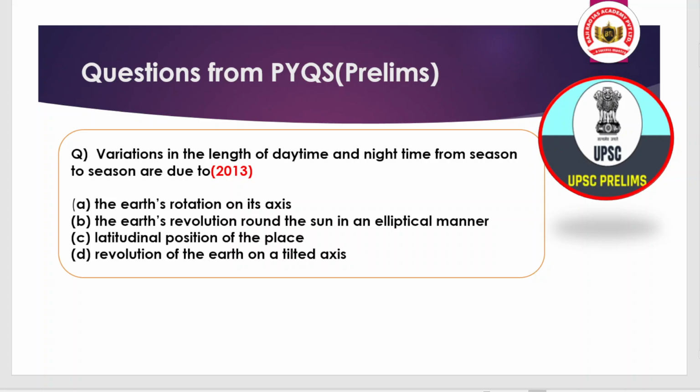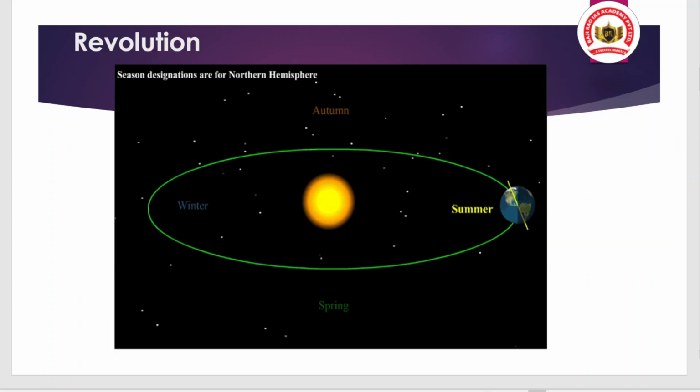So, before attempting, try to understand the options, because the options have been given a little bit close to each other. And if you are not able to understand, then definitely you can mark the wrong answer. Here we will be providing you the answer along with explanation, but in the last session of the discussion. So try to solve it by pausing the video. But here we want to convey some interesting facts about the revolution and the rotation, and after that you will definitely be able to answer the question.